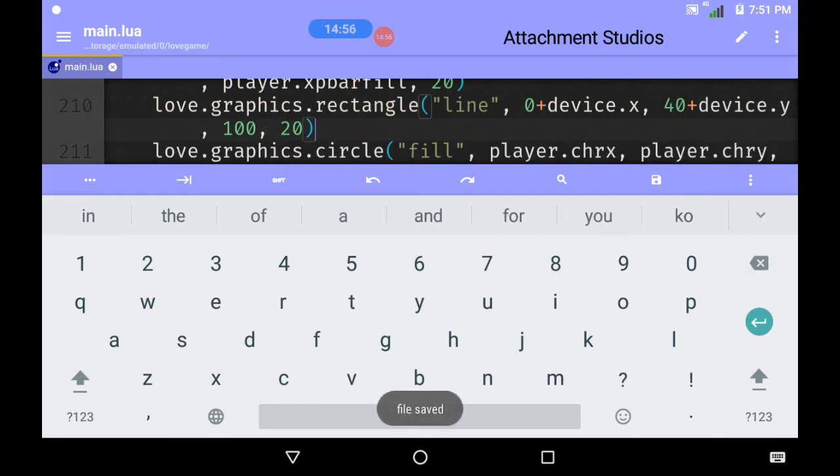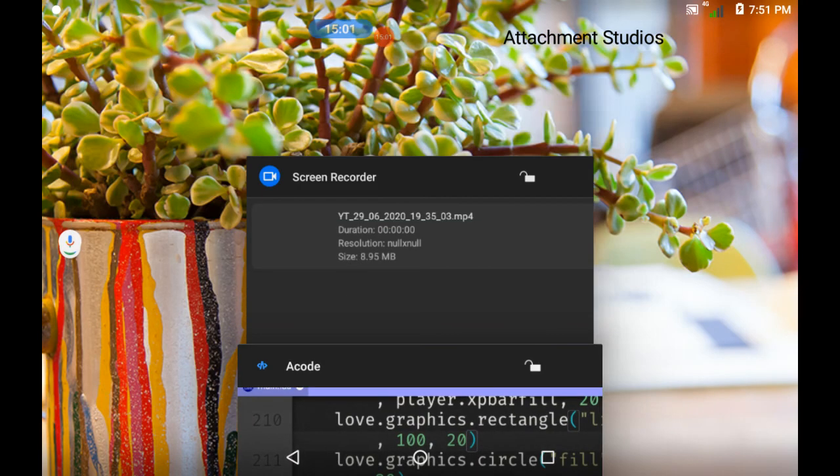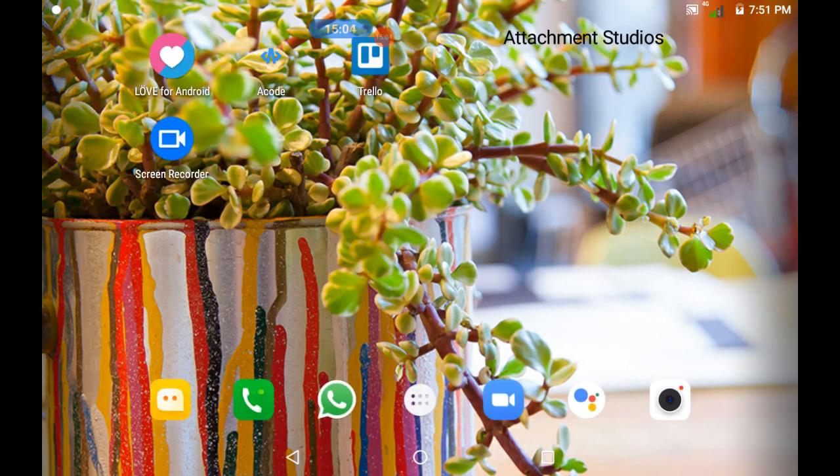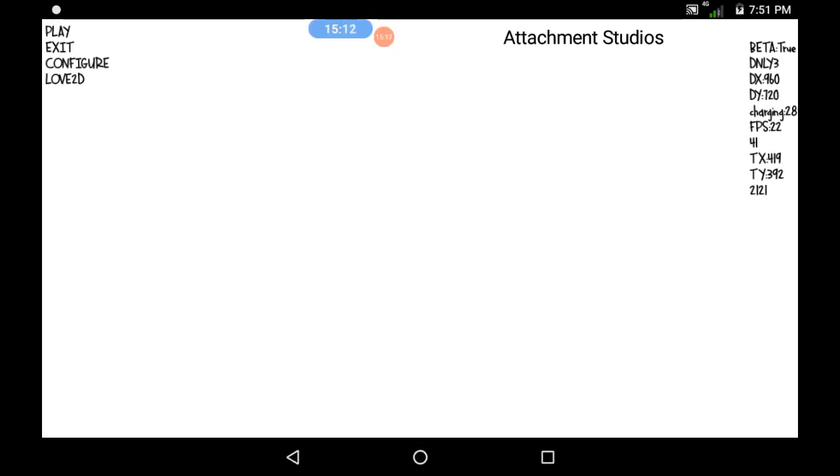So that's it for this video. I think we will just try that again. Let's remove the love application and now do love for Android. Let's play that. So when we play that, now when we touch, you can see over here, okay, I made something wrong, but okay, you can see this is only showing in game mode, game state play, and I need to fix this bug.